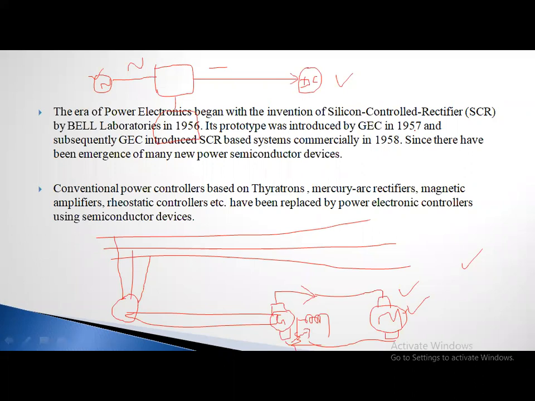Why? What is power electronics and why we are going for the power electronics? Is there any doubt? Clear? Because while going for the power electronics case, circuit size will decrease, circuit designing is easy, the losses will decrease and the efficiency will increase. One more advantage is there. What is that? Economical cost.